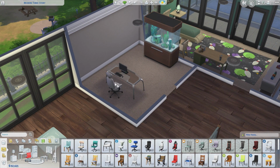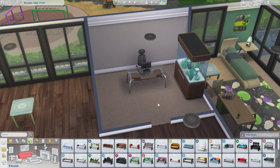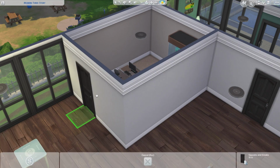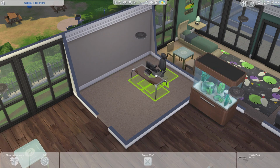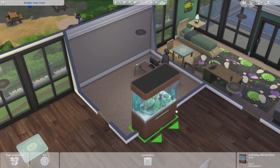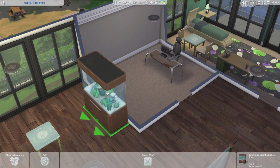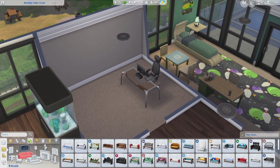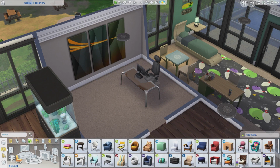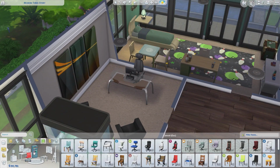I have wanted to use a fish tank for so long, but they're really big. Even the smaller fish tank isn't a 2x1 furniture object, but it looks like such a bulky object that it takes over whatever room it's in. This room is a pretty decent sized room, but having that fish tank in there makes it seem like it overtakes the entire room. I was trying to figure out a way to have it in the office, but I just didn't like how it was looking. It was taking up literally so much space. And so